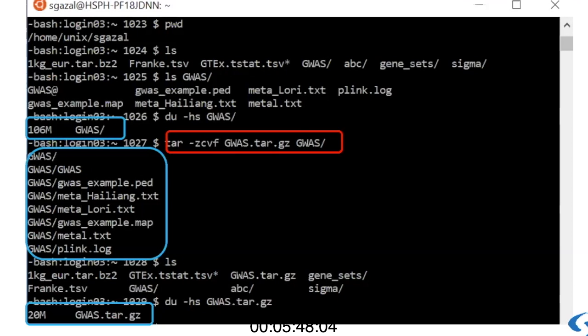Okay, so now let's finish this video by seeing how to compress and uncompress whole directories using the tar function. The tar function compresses directories to a file that ends with .tar.gz. To compress a directory, we first need to type tar, followed by the options -z, c, v, and f. You can find the meaning of these 4 letters on the right,